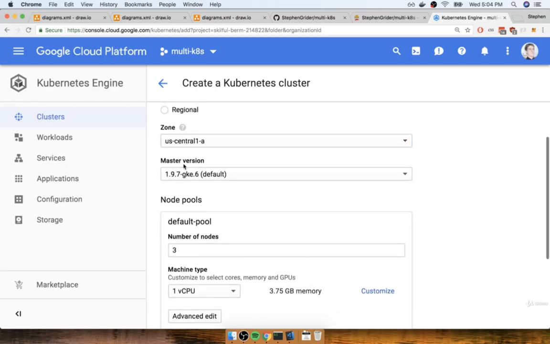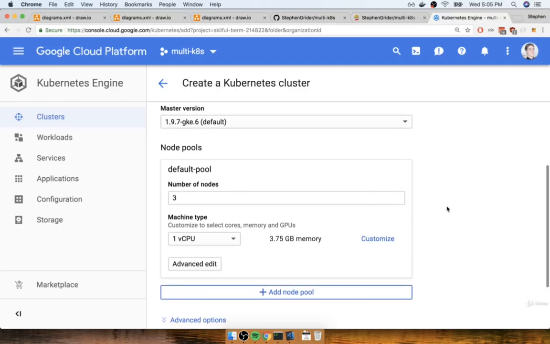I'll then leave the master version as the default setting, and then we get asked to create something called a node pool. So the node configuration right here is describing the specifications of each different virtual machine that will be added to your Kubernetes cluster as a node. Remember that inside of our local development environment where we use Minikube, we only